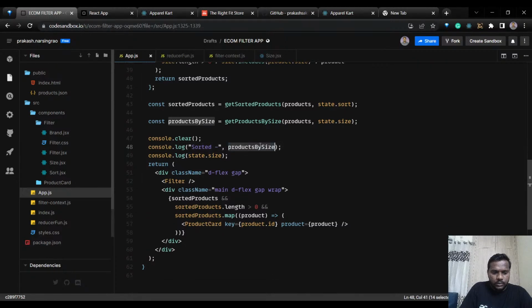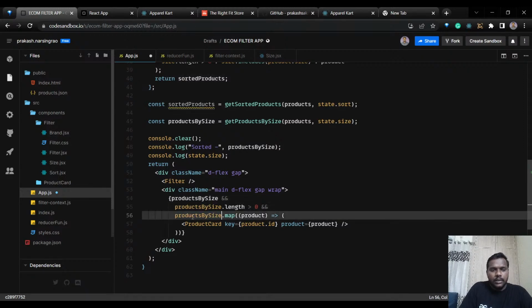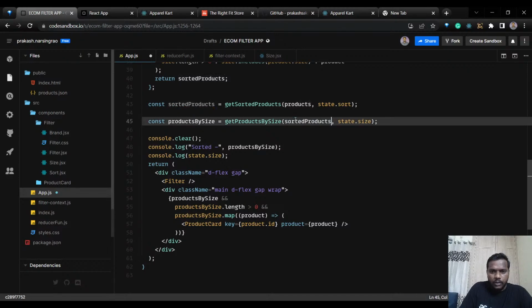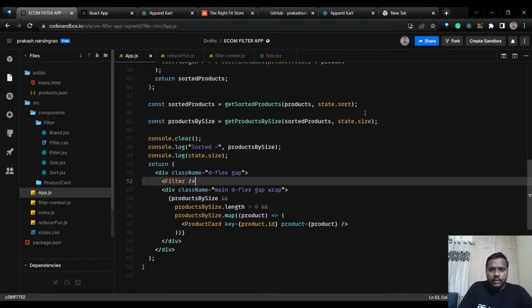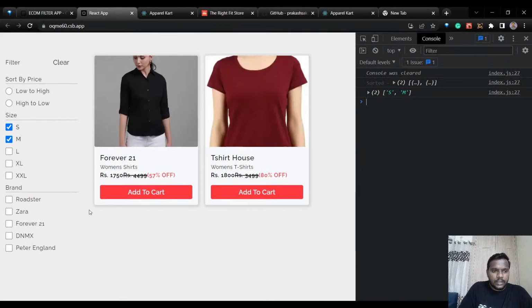What you have to do is copy this. Instead of sorted products, products by size, and product by size. And if I save it now, right, and then over here, instead of just products, I'll pass the sorted products over here, right? So why I'm doing the sorted products, so that everything gets in line with each other. So if I refresh it now,